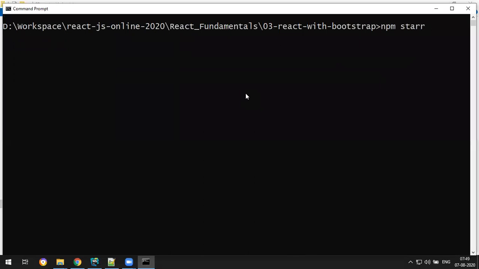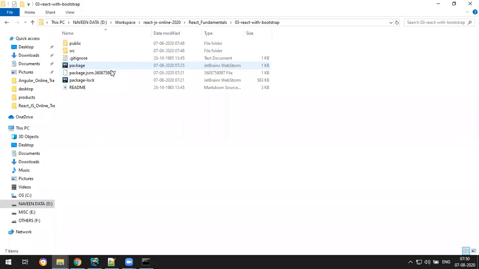Okay, but we don't have any node modules. So first you hit npm install. Okay, no need to create the project also, the same thing, npm install you do, and then npm start. Okay, it will work. Only thing is your src folder and public folder, these two. Okay, fine. And that's how you will run.